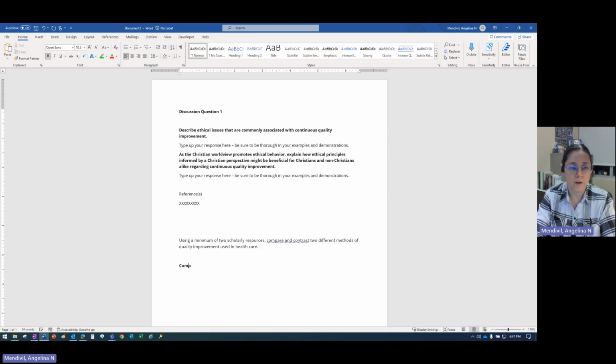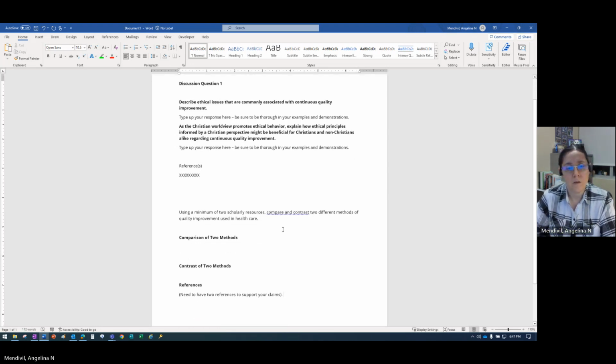Let's do the header method, so comparison. There we go. Compare and contrast 2 different methods of quality improvement used in healthcare.